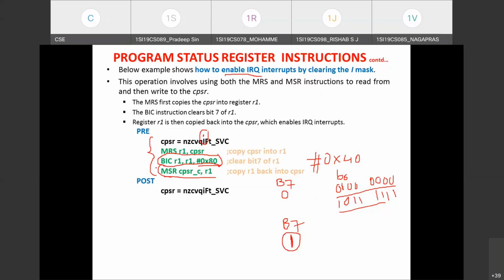Which instruction do I have to write so that I can set bit 7 in the CPSR register? I told you to remember in general the instruction to be used to mask a particular bit, the instruction to set a particular bit, and the instruction for inverting the bit. Here we are trying to set a particular bit. So which instruction is required?